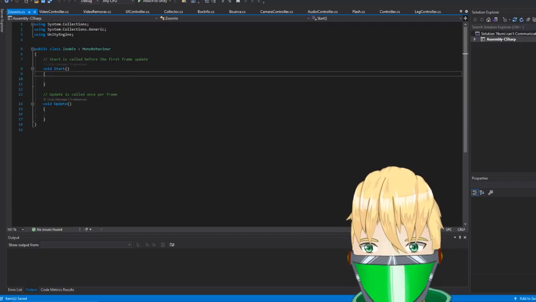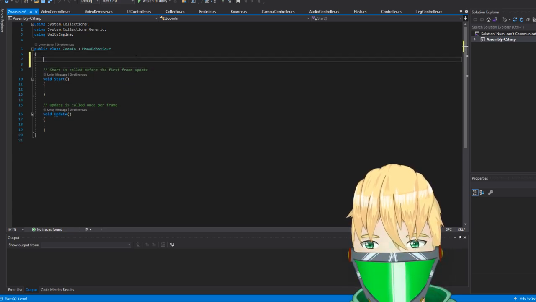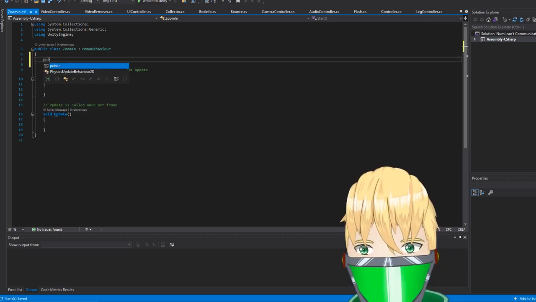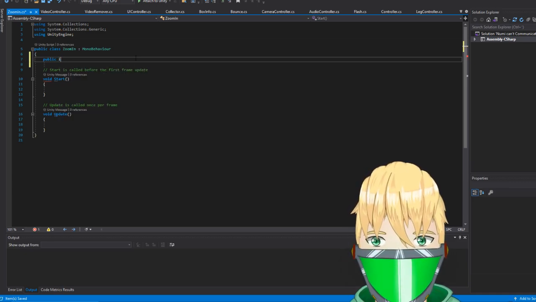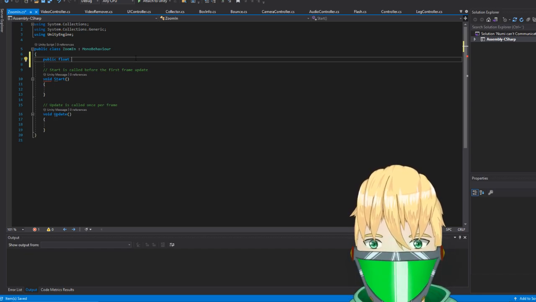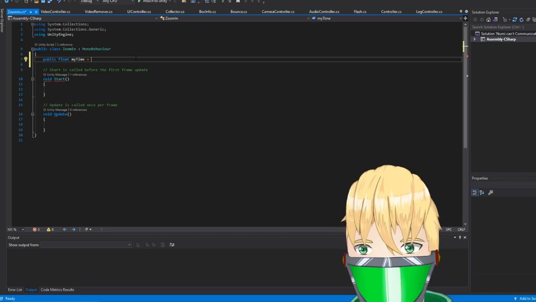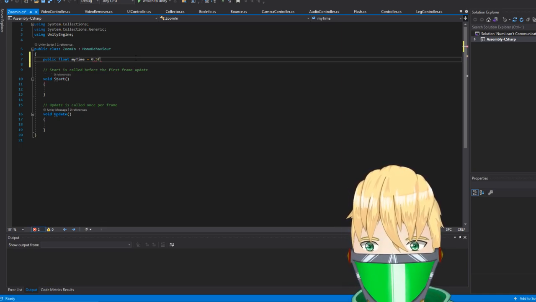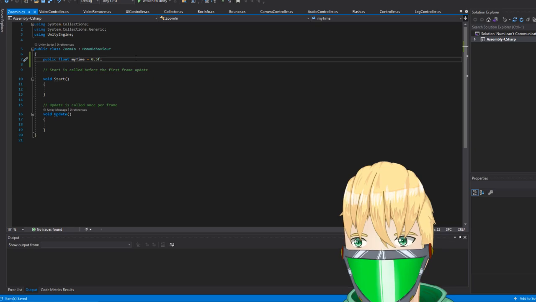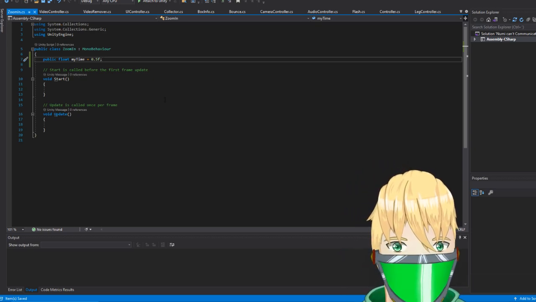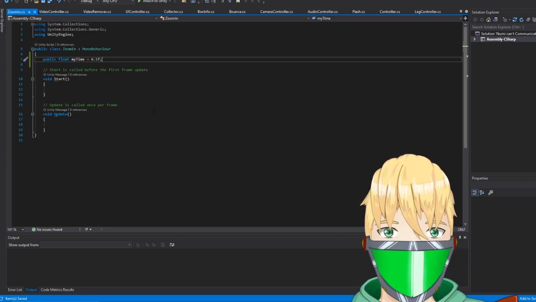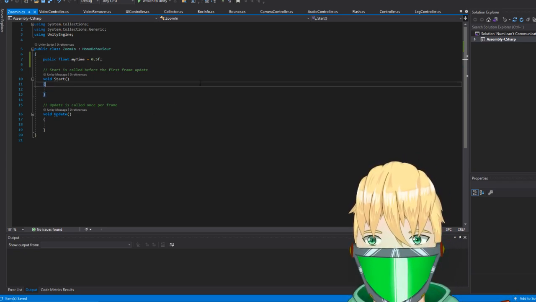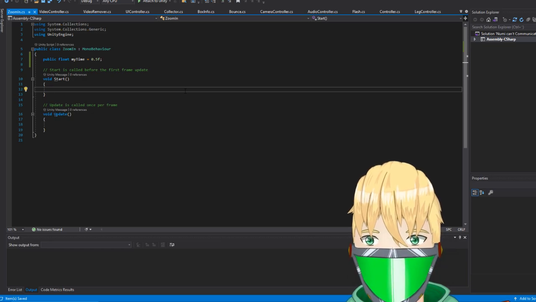Okay, nice. So this one is gonna have, first of all, just an easy public int or a float, which is gonna be the time, pretty much, my time, I will guess. And we'll put that at like 0.5 maybe. Do I want it as time or do I want it as a speed? I feel like time is best.